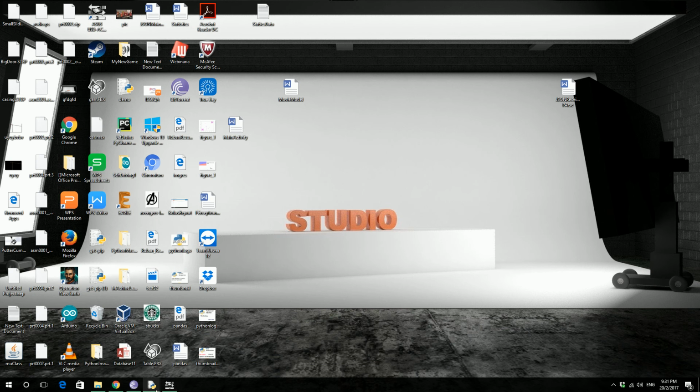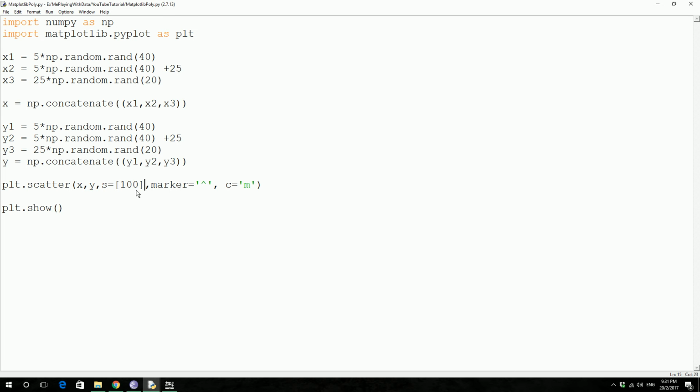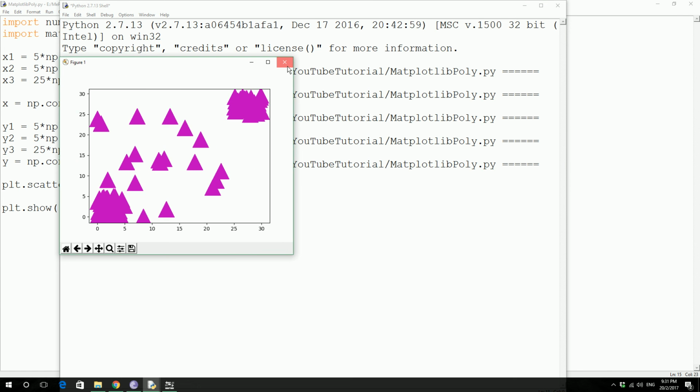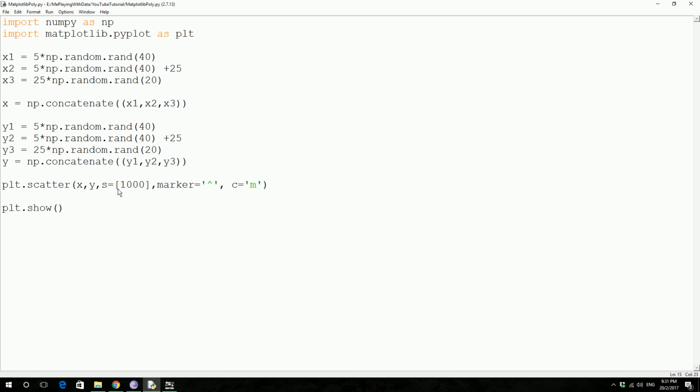Let's go ahead and play with that parameter a bit to see the effect that it has. Let's give it 1000. Here we go, it's actually size. So you could adjust the size of the marker using this one. And then next,